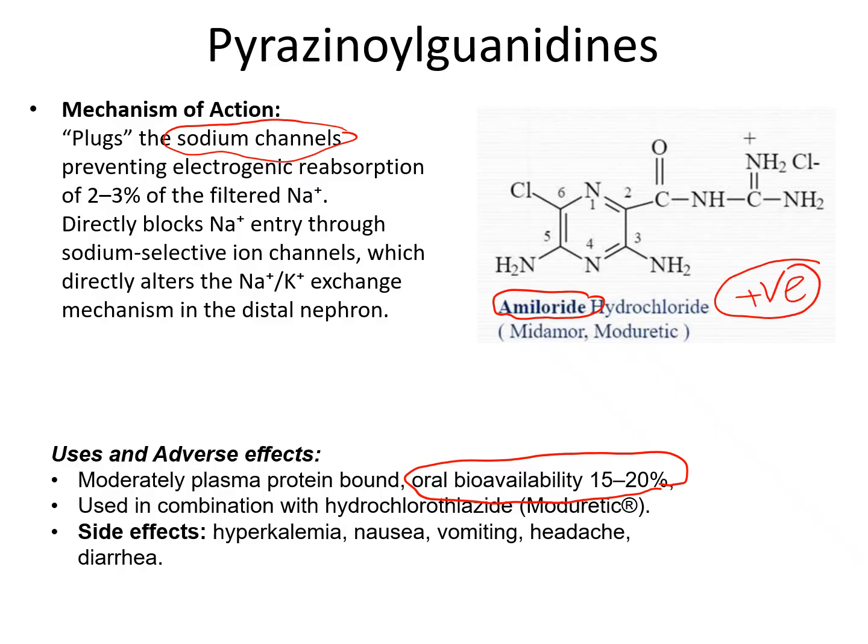Why do they should have a positive charge? Because they're blocking a channel for sodium, صح? So this sodium channel is you need to have a compound that looks like sodium. So this is why they have a positive charge. And so what they do, they come where the sodium looks like, and the drug with a positive charge on it comes and blocks this sodium channel اللي موجودة حكينا عنها ال ENAC أو sodium epithelial channel.